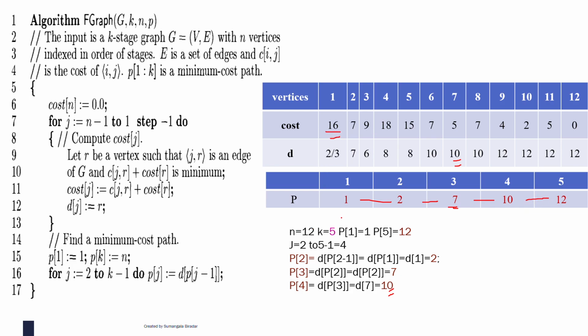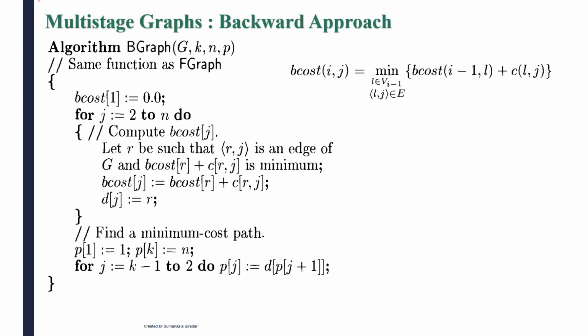Okay, so this is how your forward approach works. In the same way, the backward approach also works. The differences aside, the equation and everything is the same. There you are using I plus 1. You started from the sink node and reached the source node, and the same procedure you repeated. Now you are decrementing. Now you start from the source node. Everything you start from S. It is the total reverse of the same procedure.